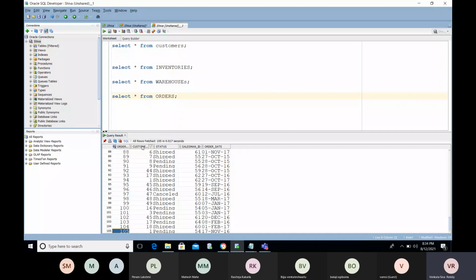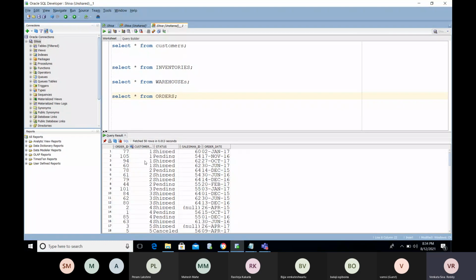See, if someone ordered more than once, say customer ID 1 has placed 2 orders, I need how many orders a customer has placed. In that, I need how many are shipped, how many are in pending state, how many are cancelled, how many are delivered. We have only 3. See, I will show you. I need the bifurcation result like this.